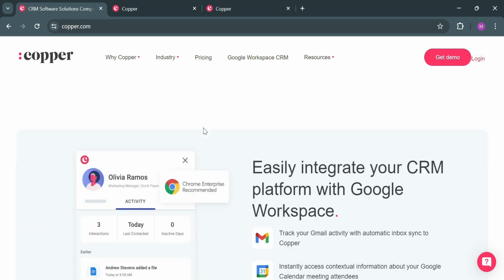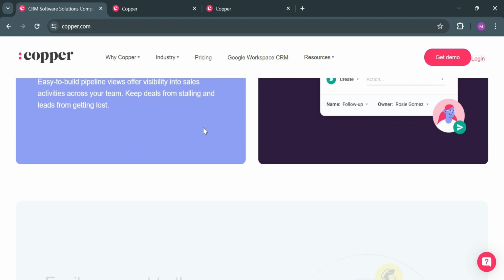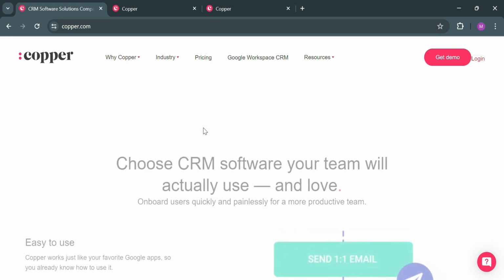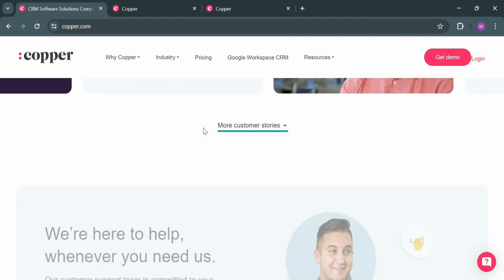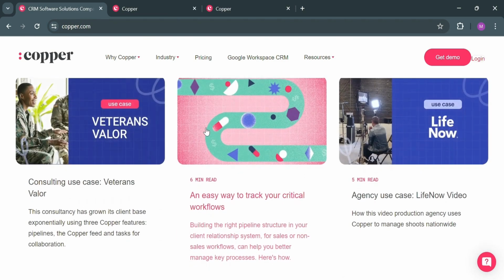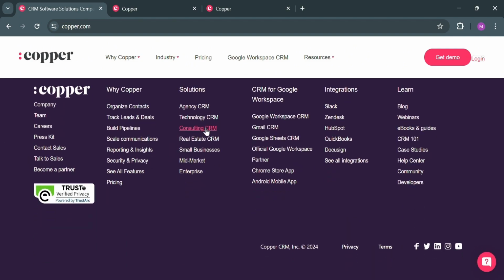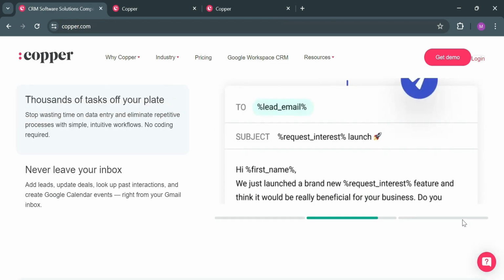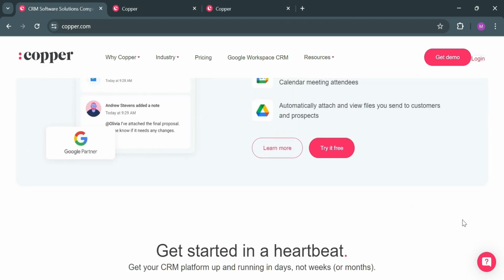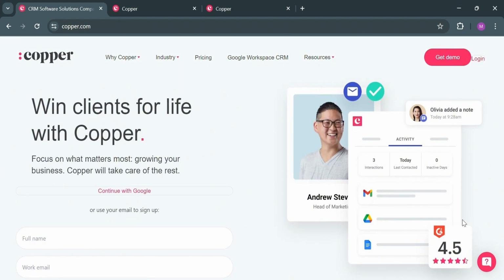But before that, if you don't know what Copper CRM is, it is a cloud-based customer relationship management, or CRM, tool designed to integrate seamlessly with Google Workspace, in which it offers a range of features to help businesses manage their customer relationships, sales, and projects. Key features include task automation, email tracking, lead and contact management, third-party integrations, sales analytics, and customized reporting. Copper supports various industries, including agencies, real estate, corporations, and consulting businesses, and is particularly suitable for businesses that